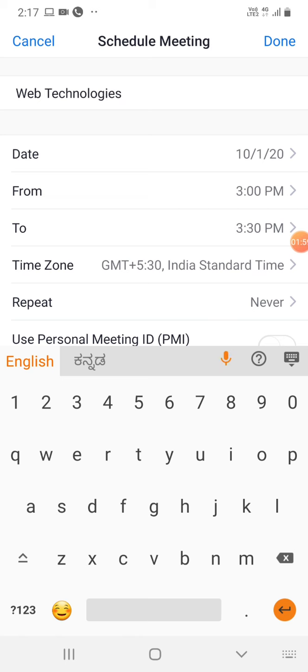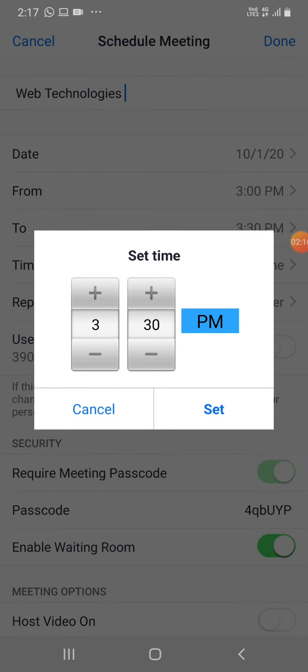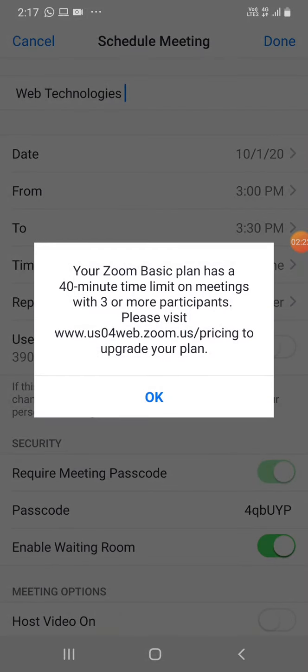Okay, so now I will type this. I will fix the date, on which date. Okay, the 1st of October 2020, and preferably the timing also, from and to. Okay, so you can set 45 minutes of class, so I will set a timing also, 3 to.